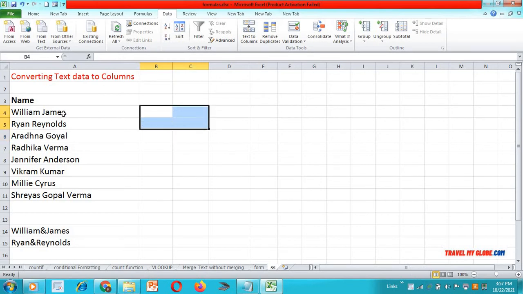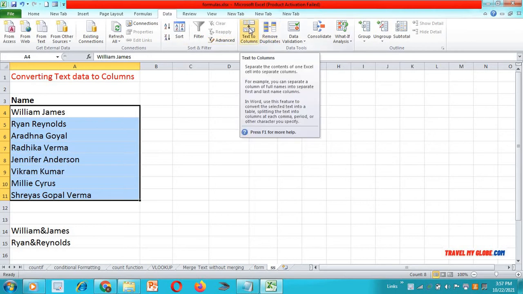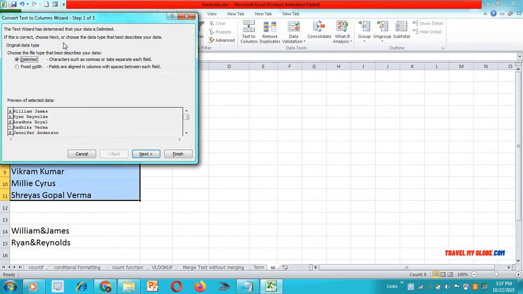Yes, you can easily do that. Just select the range, then go to the Data tab, then Text to Columns. You will see the option Delimited and a preview of the data you have selected. Then go to Next.